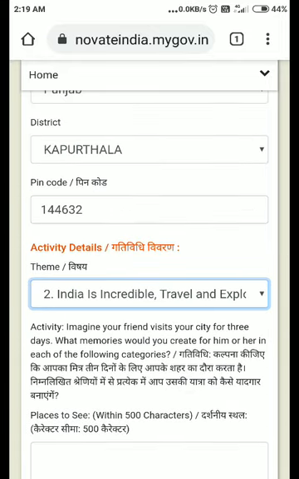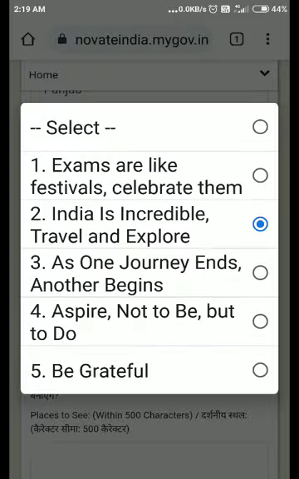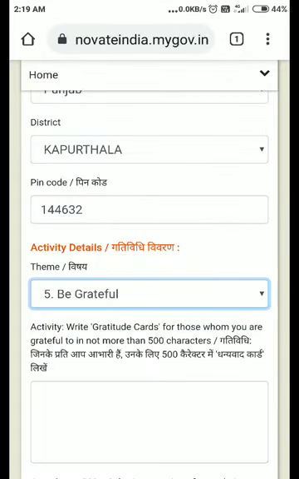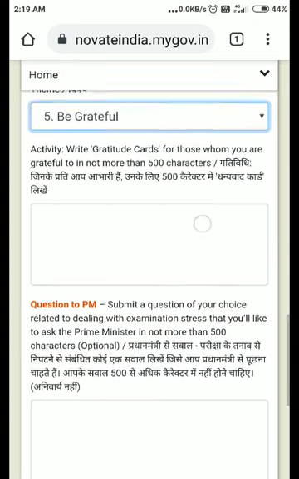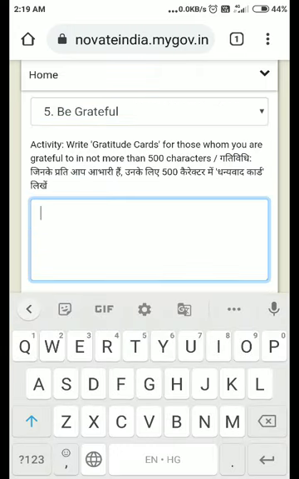Now, remember this thing, that each option displays a different requirement. Now we are going to click on Be Grateful, sorry. Here it says activity: write gratitude cards for those whom you are grateful to in not more than 500 characters. It means you are supposed to type the content here.